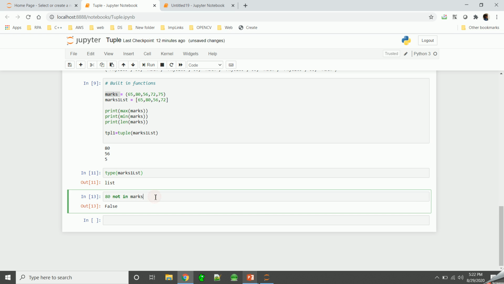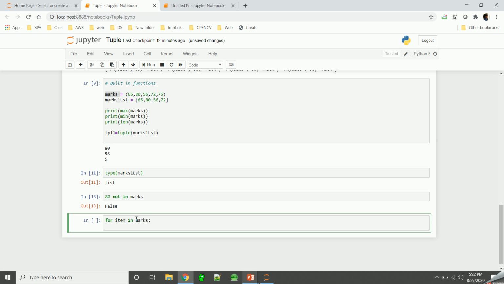The next thing we can do is iteration. You can iterate over all the elements in this tuple using a for loop. So we say for item in marks, and then we print each element, so I'll say print item, and run it.